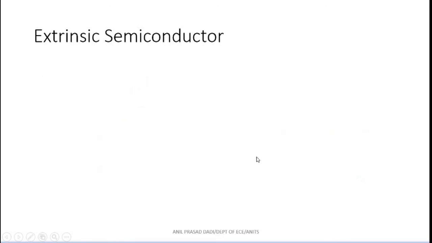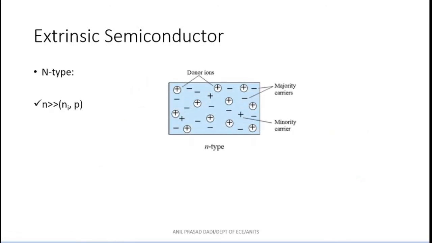Right? So in an N-type semiconductor, the charged particles present are electrons as the majority charge carriers, holes as the minority charge carriers, and some donor ions, which are positively charged ions. These atoms are associated with electrons, and once the electron is donated to the crystal, the atom becomes a positively charged ion, called a donor ion. Donor, because it is donating the electron to the crystal. And because the number of electrons is very large compared to the intrinsic carrier concentration and the number of holes, it is called an N-type semiconductor.